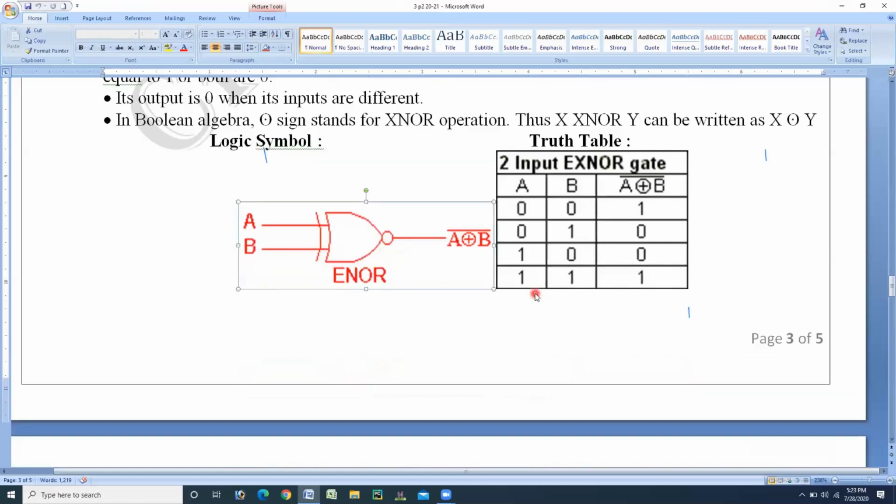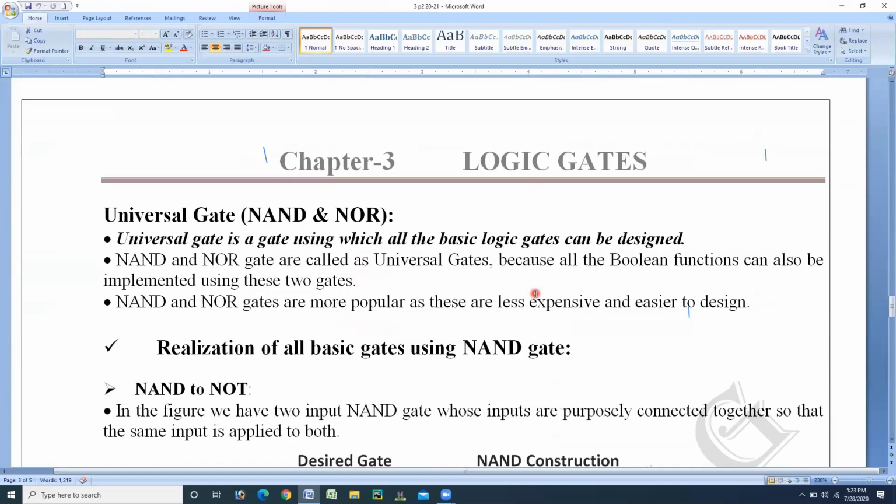After this, we have learned one definition mainly, and 1-mark questions may arise here. That is, name the universal gates: we can write NAND and NOR gates are called universal gates. And the definition question: define what are universal gates, or define universal gate. Then you can write this: a universal gate is a gate using which all the basic logic gates can be designed. So after knowing this,